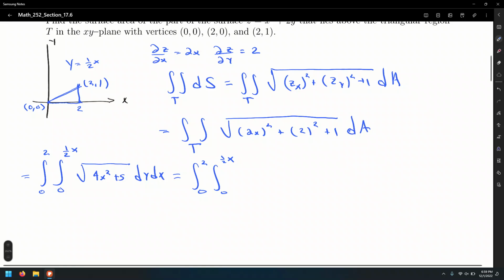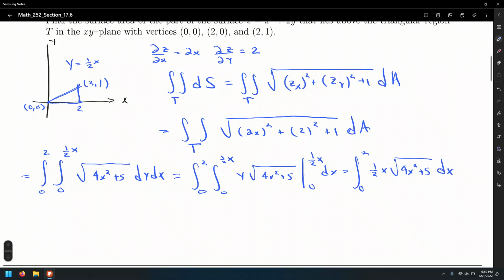That's the integral with respect to y. That's going to be simply y times the square root of 4x squared plus 5, evaluated from 0 to 1/2 x, dx. Using the fundamental theorem of calculus, that's going to give us the usual upper minus lower. So that's the integral from 0 to 2 of 1/2 x square root of 4x squared plus 5